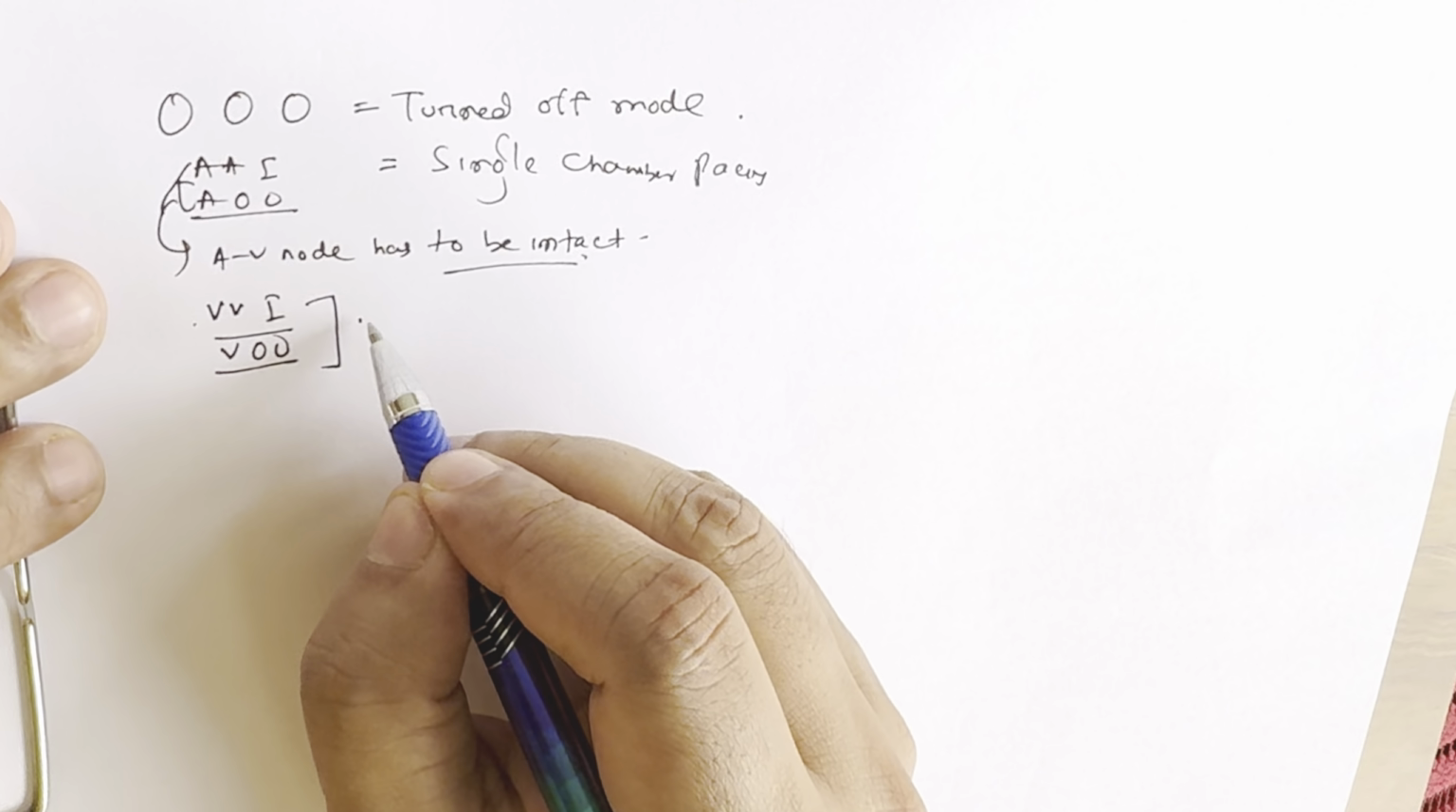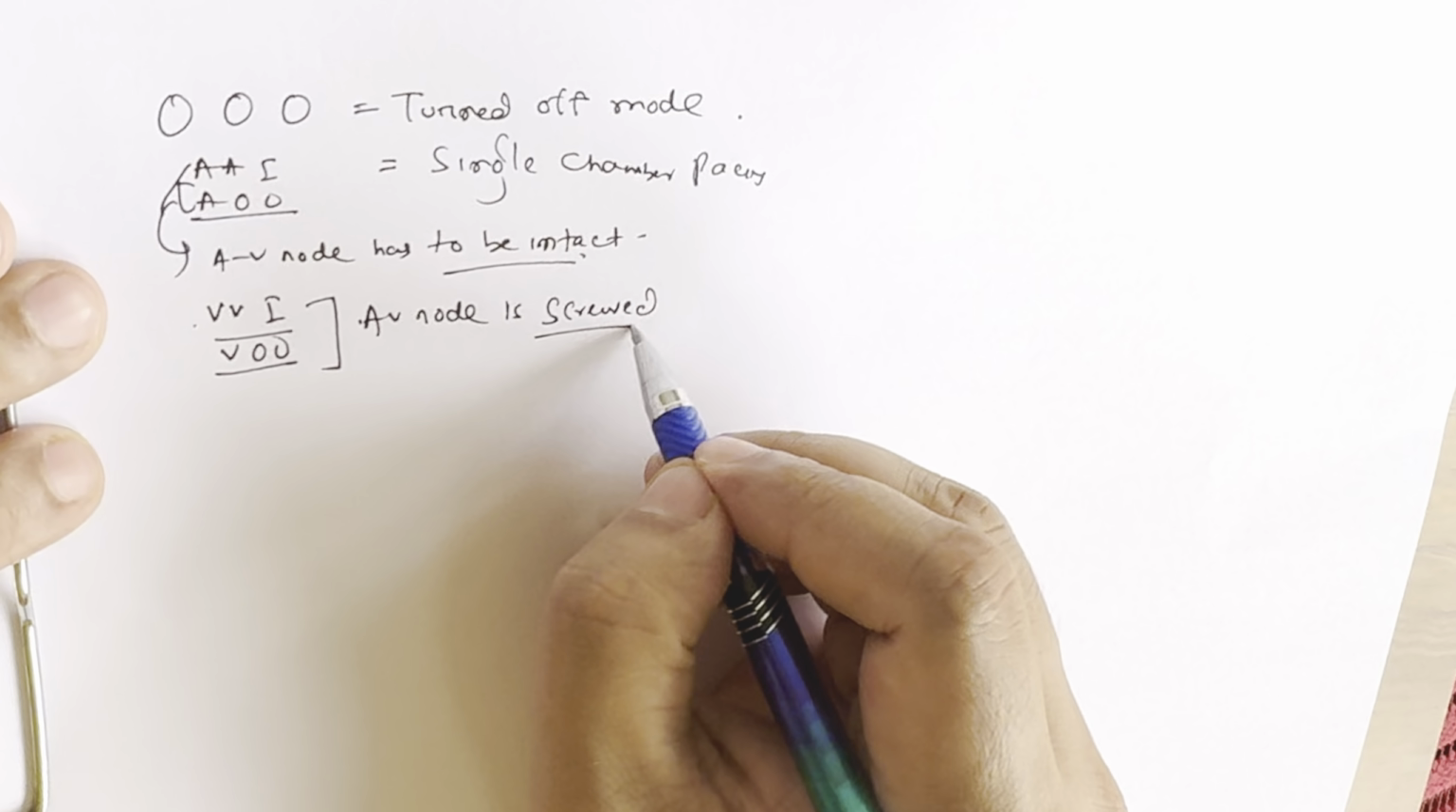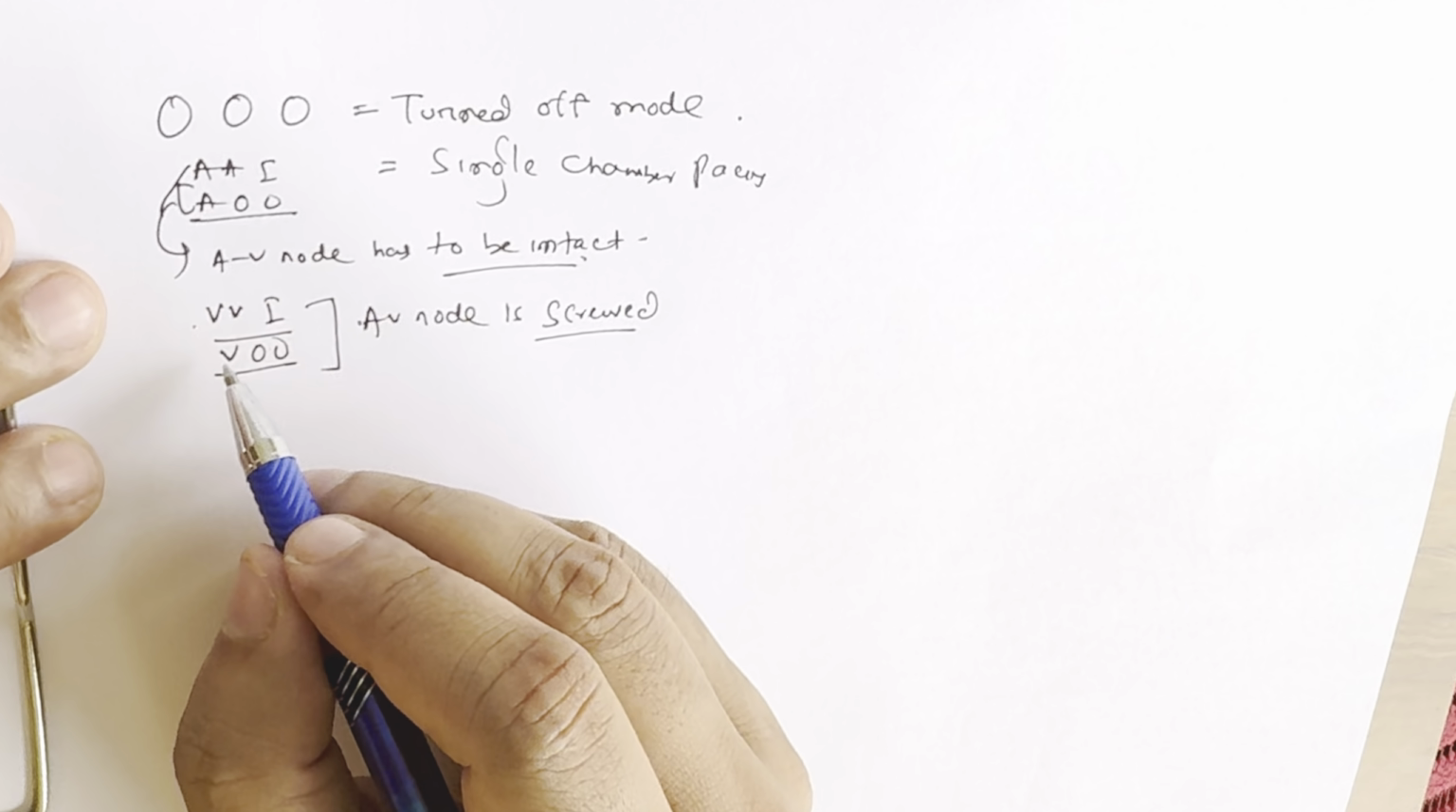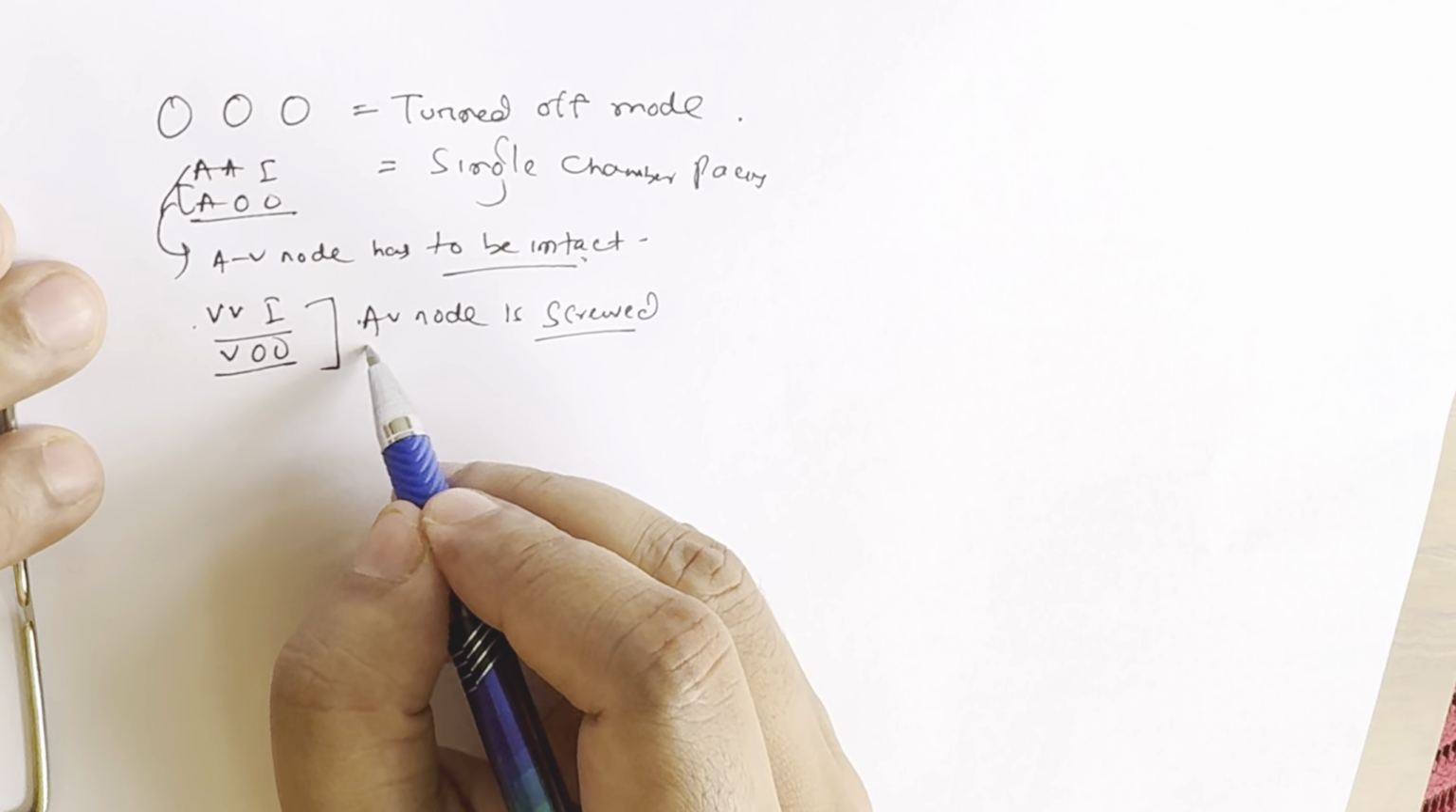When the AV node is not functioning well, if you are pacing the atrium also, it will not come to the ventricle. So you need to pace the ventricle. When the AV node is bad, you put the patient on VVI. But the problem is there is no synchrony